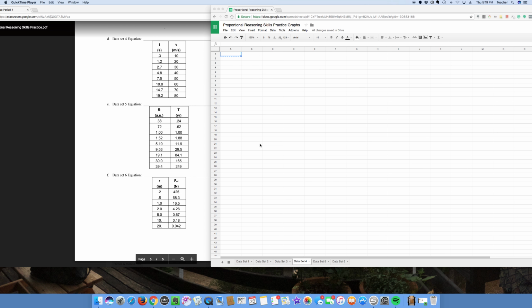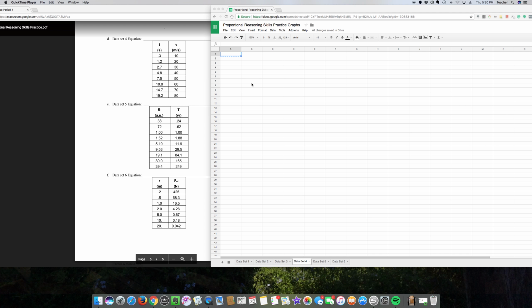All right, so this is my screencast for dataset 4. Dataset 4 looks like we have t. That's usually time, especially if it's measured in s, which is probably seconds. And then this looks like v, or velocity, measured in meters per second. All right, and so this would be 0, 0.3, 1.2,